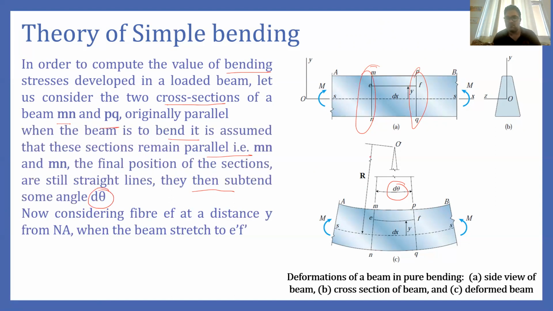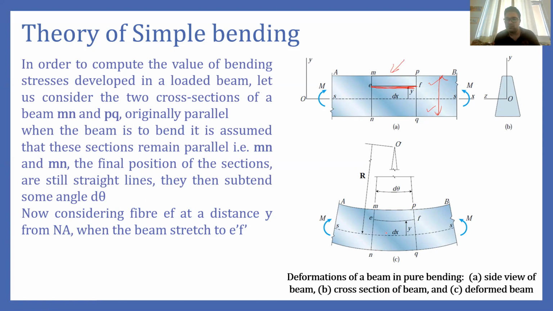Now here we are going to consider a fiber, because across the depth of the whole beam there will be variation in the bending stress: above the neutral axis we have compression, below the neutral axis we have tension. So we will consider a fiber and analyze that fiber to find the stresses. For example, if we consider fiber EF, and we want to find the strain in this fiber,